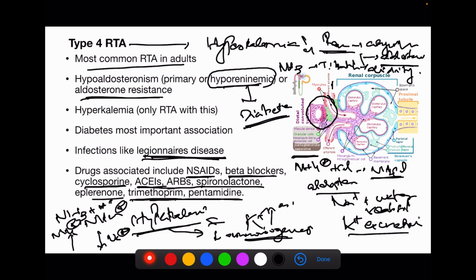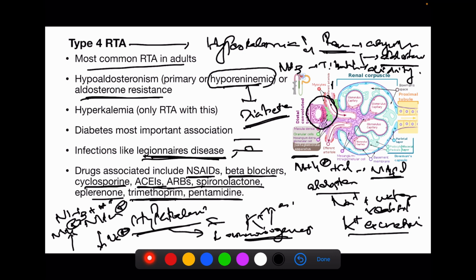Okay, so basically ammonia plays a role in titratable acidity. This is what you need to remember. And hyperkalemia inhibits ammoniogenesis. So when you cannot titrate the acid in the lumen of the nephron, what's going to happen? There is going to be acid buildup in the lumen of the nephron. So when there is acid buildup in the lumen of the nephron, there tends to be a back leak into the blood. For example, this is the lumen of the nephron,